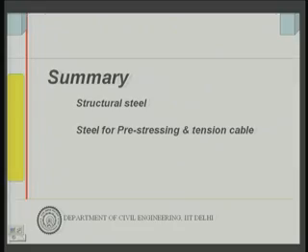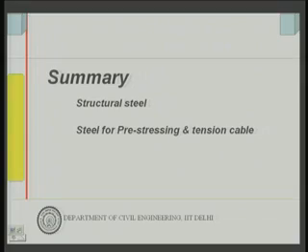What is left is of course the rebar, the reinforcement bar, and that is what we will discuss in the next lecture. Now, in this lecture we have discussed structural steel, plain carbon steel, and the various processes by which we improve plain carbon steel or make it useful in different ways. Some of them we discussed in the earlier lecture, namely strain hardening, and now we have also looked into cast iron, and some special steels that we use in construction for specific purposes, namely pre-stressing and tension cables in suspension bridges. That is what it is.